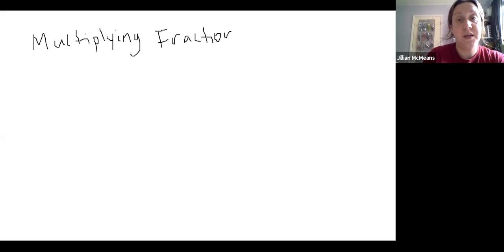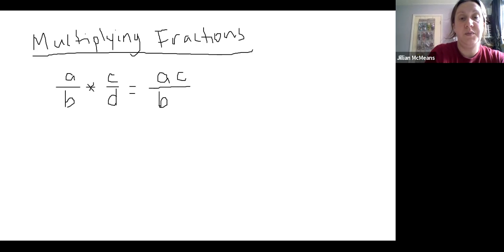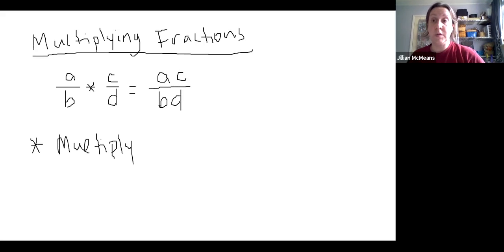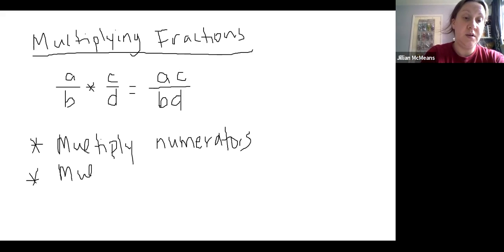If you were to read a textbook, a lot of textbooks will give you the symbolic definition, and they would say something like, if A over B is multiplied by C over D, the product would be A times C over B times D. So basically you multiply across. Now this is different from cross multiplying. You're literally multiplying your numerators and then you're going to multiply your denominators. So multiply numerators, multiply denominators,